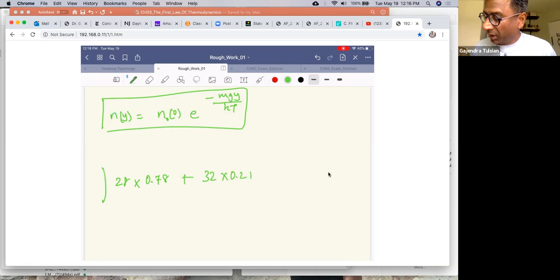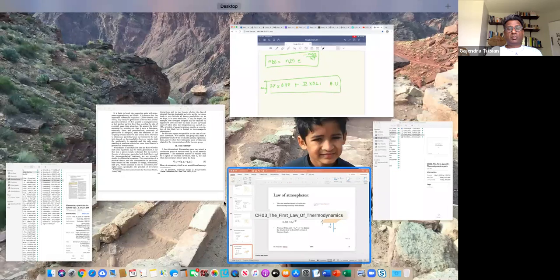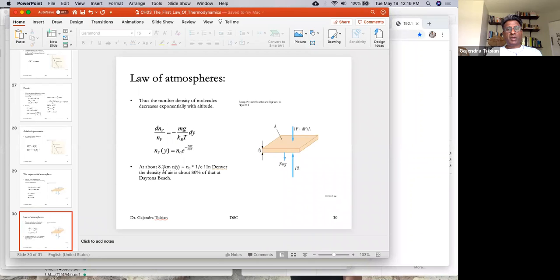That's the weighted average for M. Then you can convert that to kilograms. There's the potential energy of a single air molecule divided by kT. You can take the temperature of air to be around 300 Kelvin, or a little less. You can put those numbers in, and what you find is